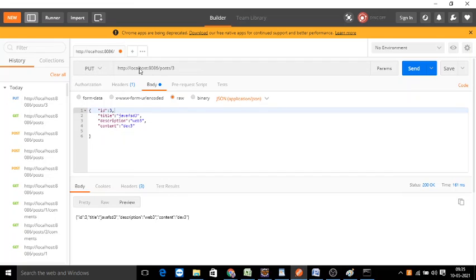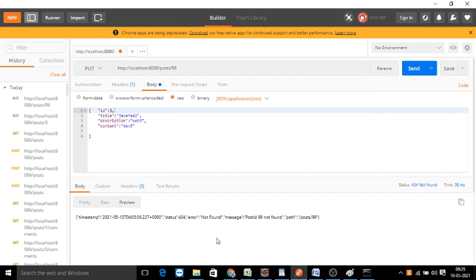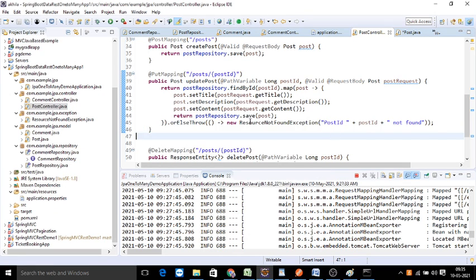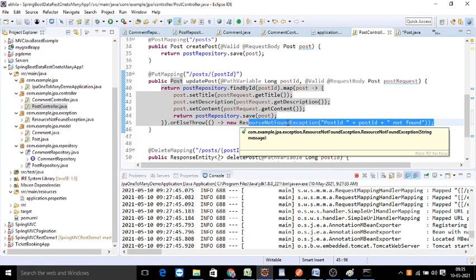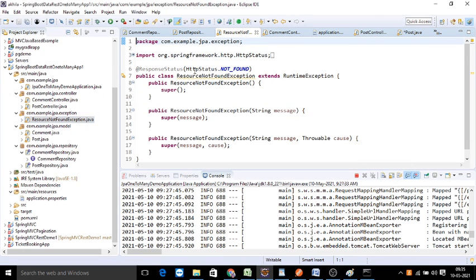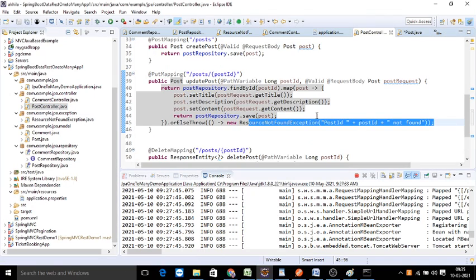Suppose I am trying to give a put request for an ID which is not available. Okay, it should throw that post ID 99 not found. So it is throwing the exception. Again, where are we doing this exception handling? We created an exception class, and we are handling that exception as part of our post controller.